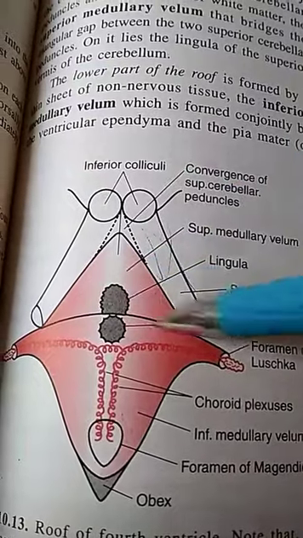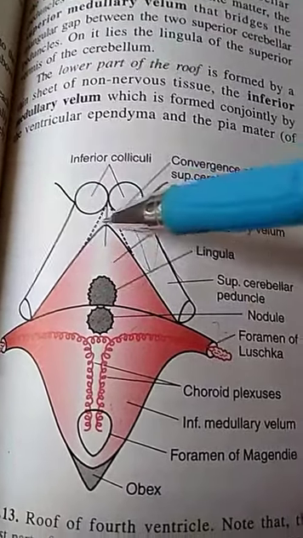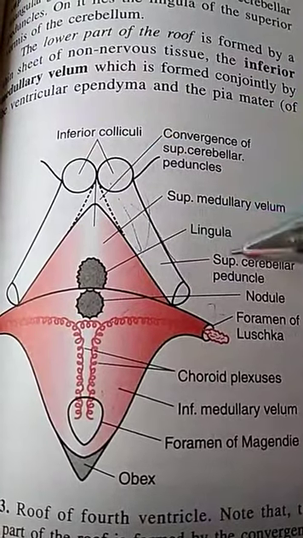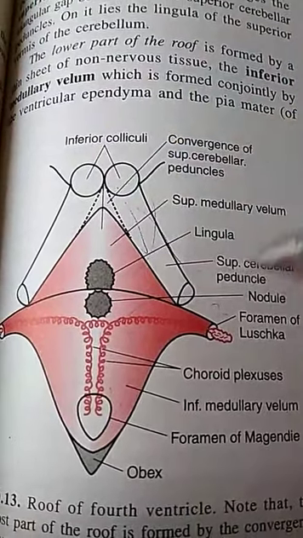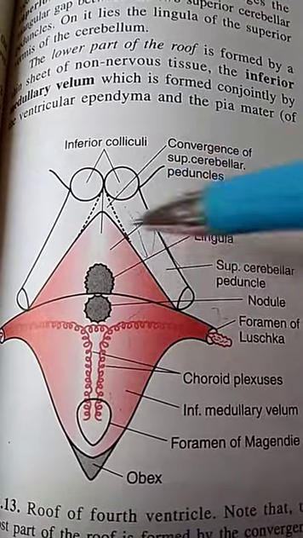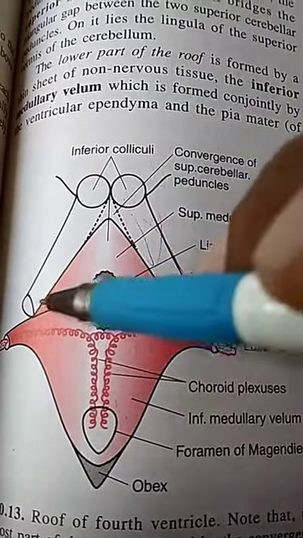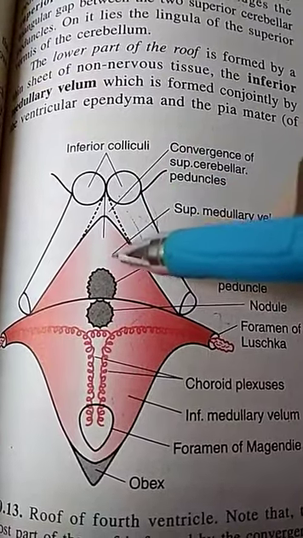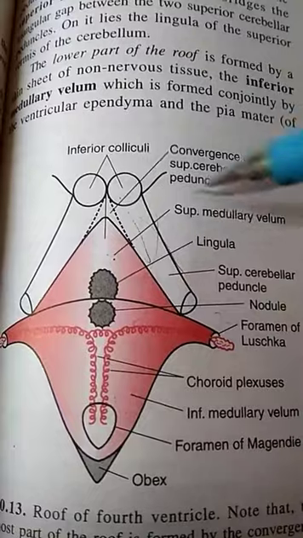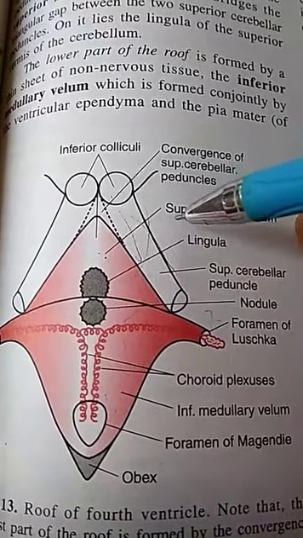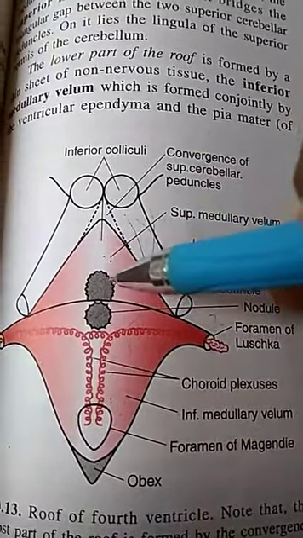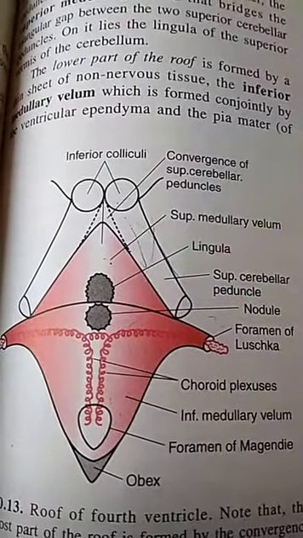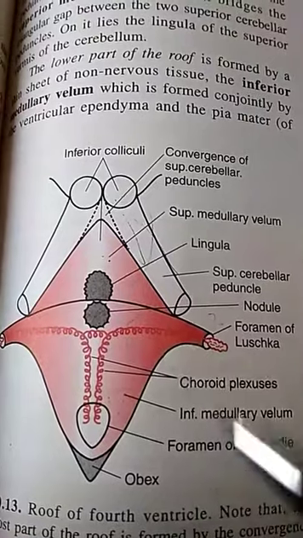The upper part of the roof of the fourth ventricle is formed by convergence of the two superior cerebellar peduncles. The triangular gap between the two superior cerebellar peduncles is bridged by a thin sheet of white matter known as the superior medullary velum. In the lower part of the superior medullary velum lies the lingula of the cerebellum,